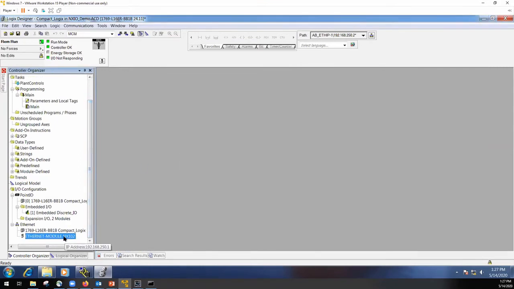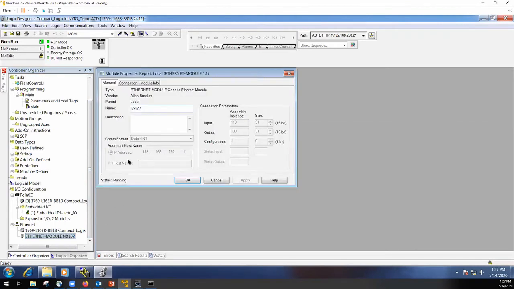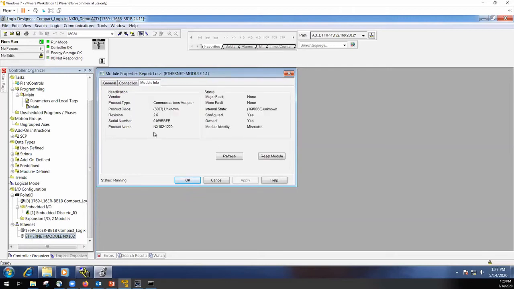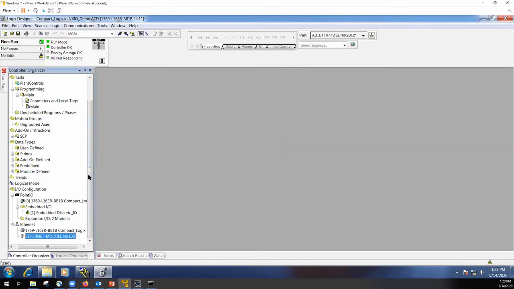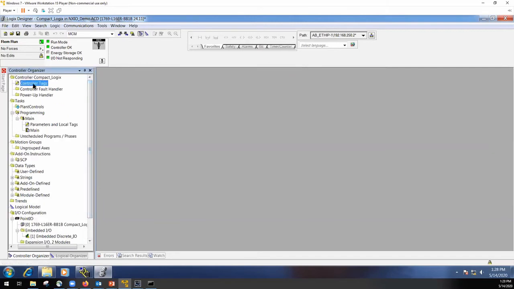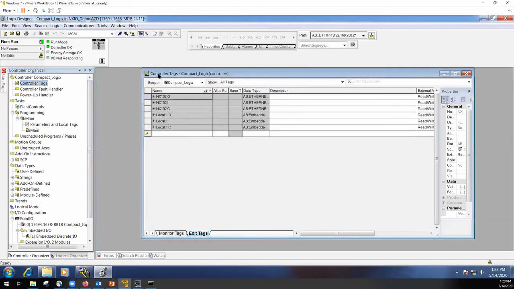Okay, I was happy about that. So do a proper setup of your PLC. Word of advice. Now you can see we don't have an error on our module. We've detected on the Allen Bradley side that it's an NX102 1220 we're talking to. And it's happy. So we can look at our actual data here in the Rockwell side